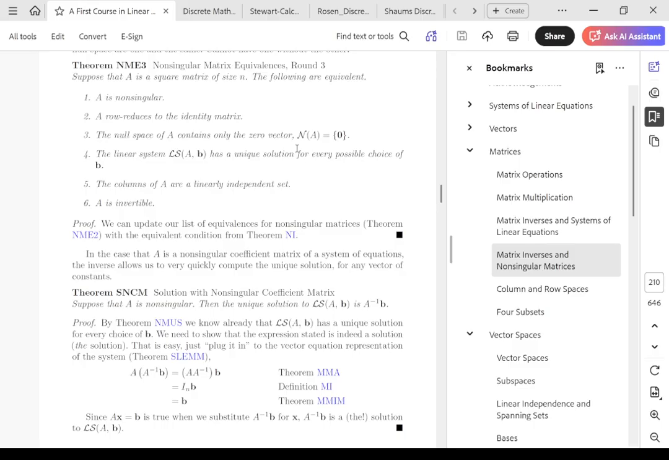And it says, suppose that A is non-singular. And again, really we're just using these NME equivalences along with matrix multiplication, matrix inverses, etc. to show that. Then if A is non-singular, then the unique solution for LS(A, b) is A inverse b, right? So it's a way to find the unique solution to the linear system, right? So here, what that means here,